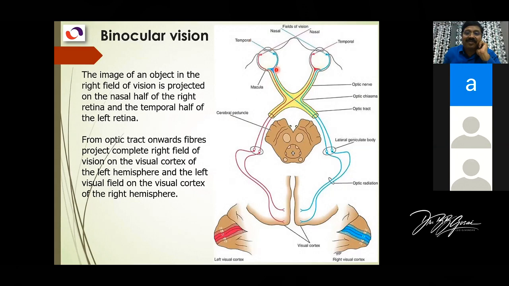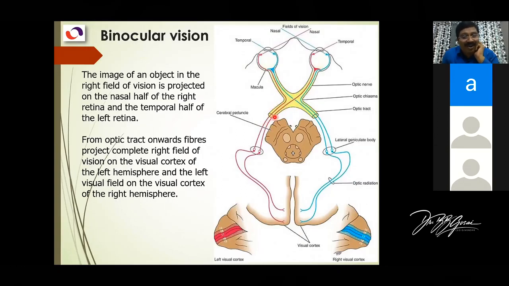So now let's understand that after this optic nerve, it goes to the optic chiasma. But in the chiasma, total crossing of the fibers does not take place. Nasal part of the fibers crosses, and temporal side fibers go to the same side here, right? So what happened?